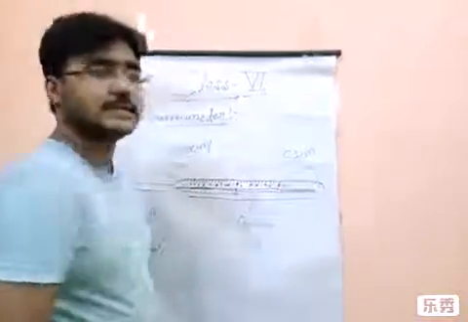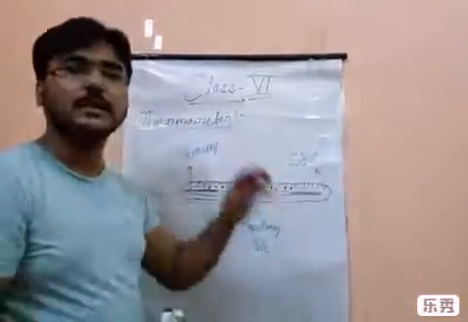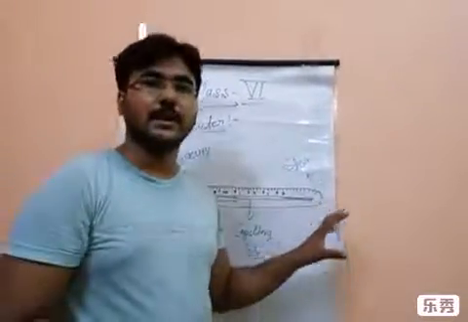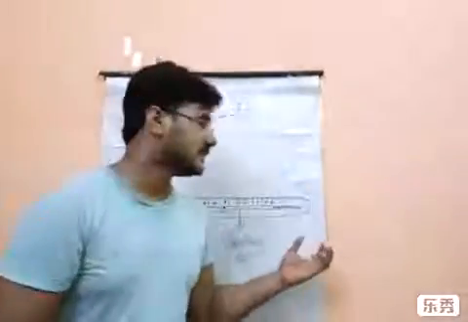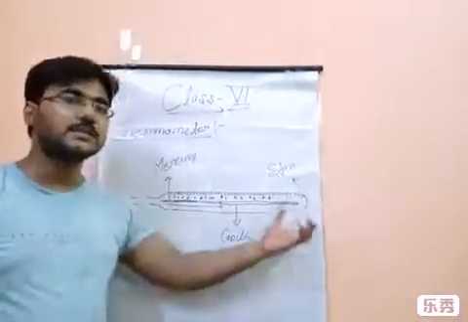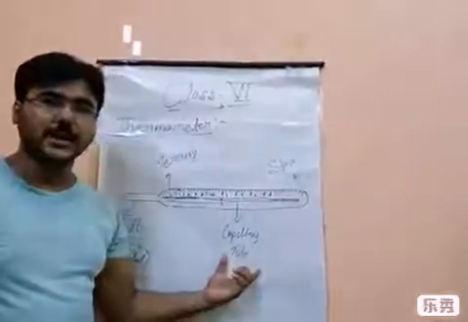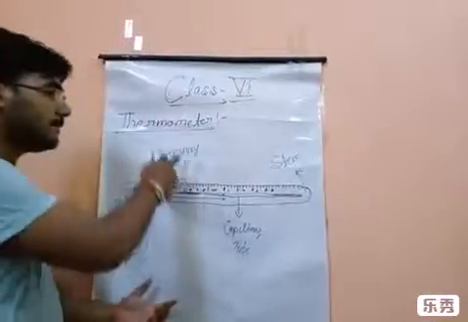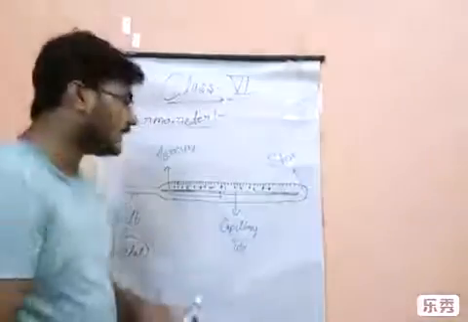The last one remaining is the stem. The stem is only the outer structure of a thermometer that is made up of glass. That glass structure of a thermometer is called the stem, which has the capillary tube inside it, and the capillary tube has mercury inside it. So we can write that also.